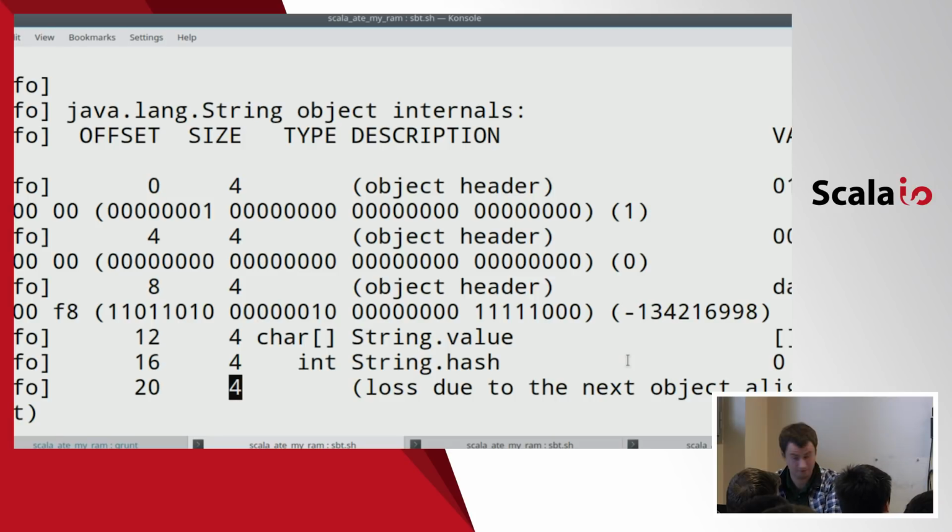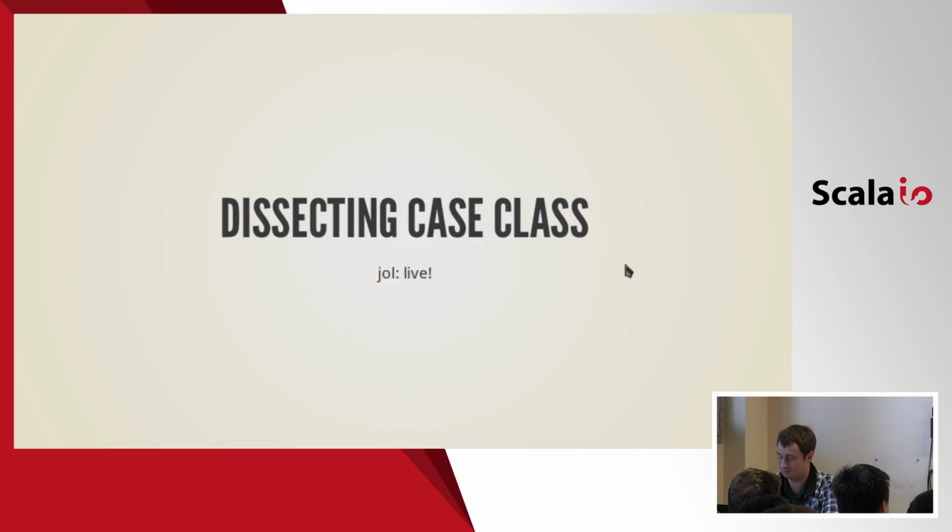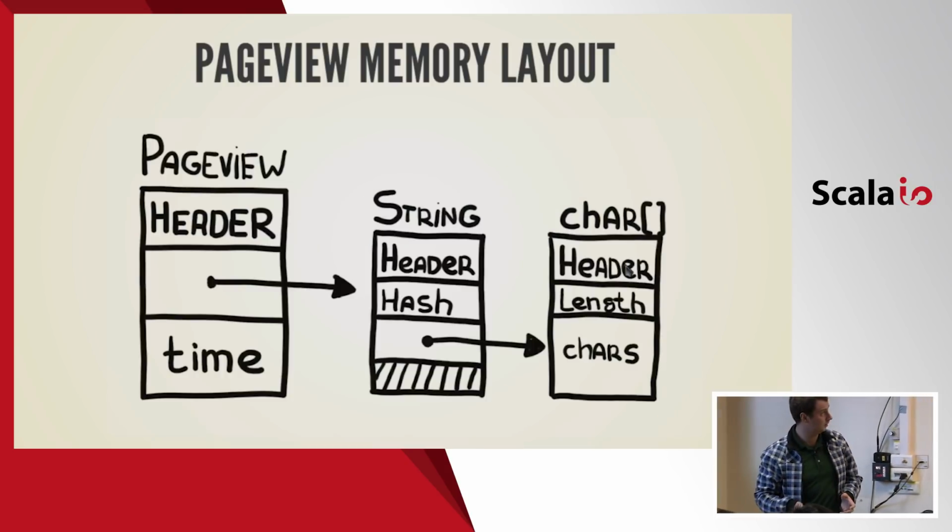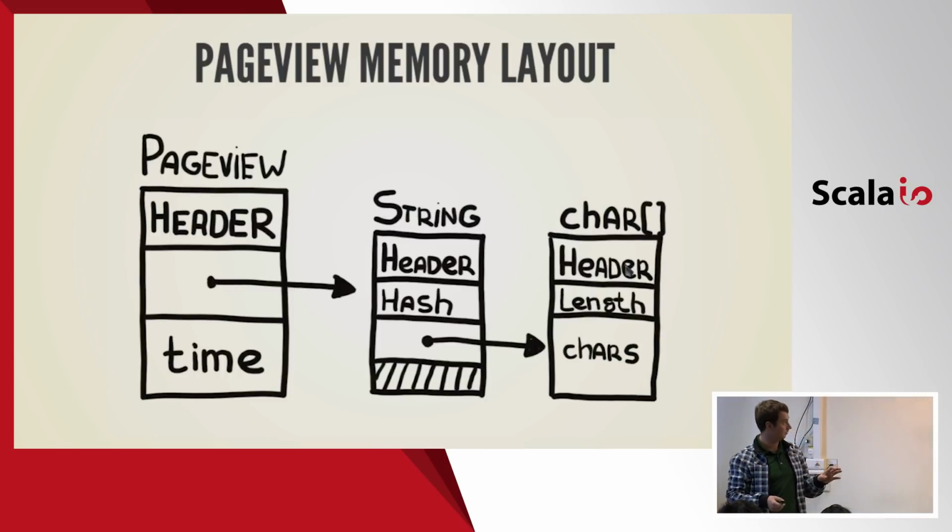On Java 9, it will be a bit different because of the compact strings, but still mostly the same. I don't know how I can dump the internals of the array object with JOL, but you have to believe me that the structure is the same. It still has a header, it still has a length, and so on. So if you draw it without all the scary letters, it looks like this. It's just header, timestamp, the reference, header again, hash, some padding, again header, some length, and finally characters